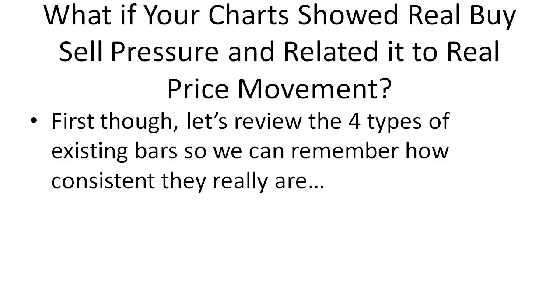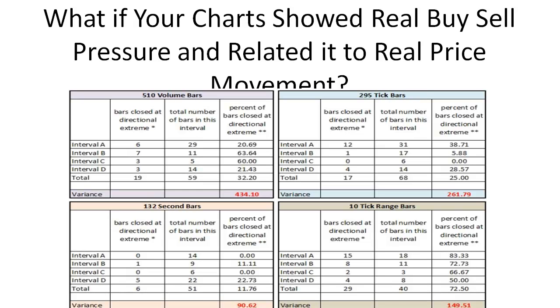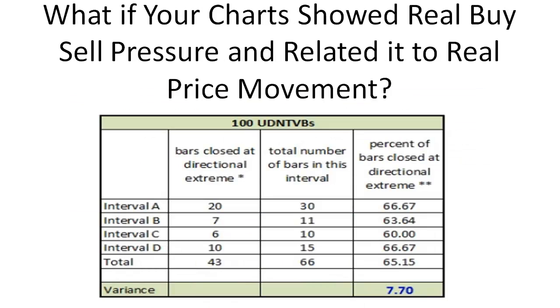So, let's go back over and take a quick look at the four types of bars. We saw volume bars 32% of the time in the directional extreme, tick bars 25%, time-based bars 12%, and range-based bars 72%, but giving up detail. Now, what would happen if we did what we've just discussed? If we connected upside buy pressure with upside movement in the bar and downside sell pressure with downside movement in the bar, what would we get? We would get a bar that closed in the directional extreme 65% of the time